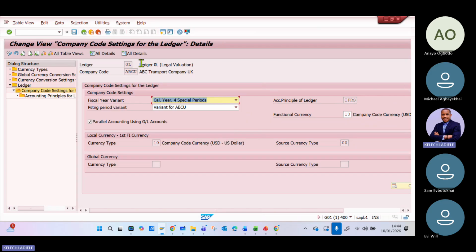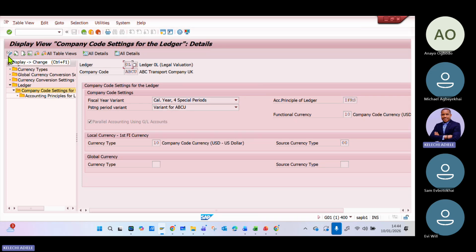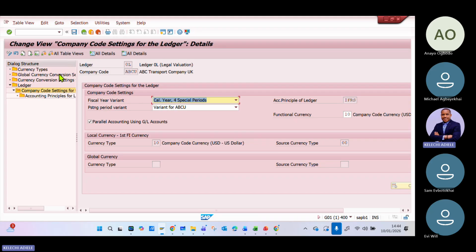So automatically it's been assigned to a leading ledger and it's been assigned to company code. Because I copied, everything has been created, but the principle that it came with is IFRS. Let me see if I can edit that. If I click on edit,